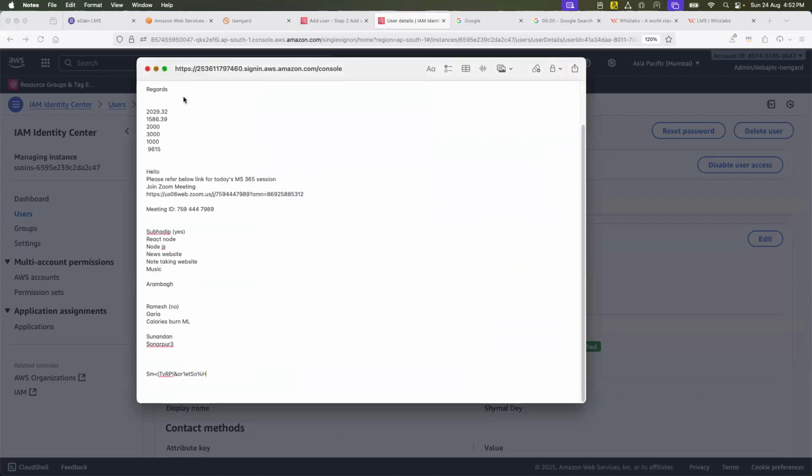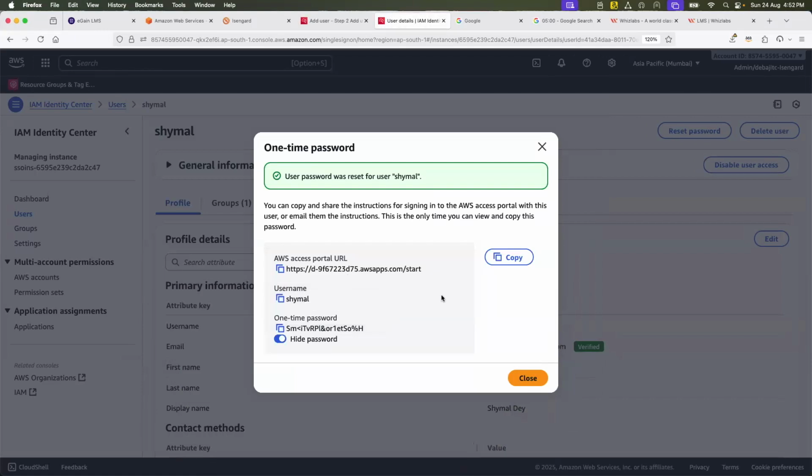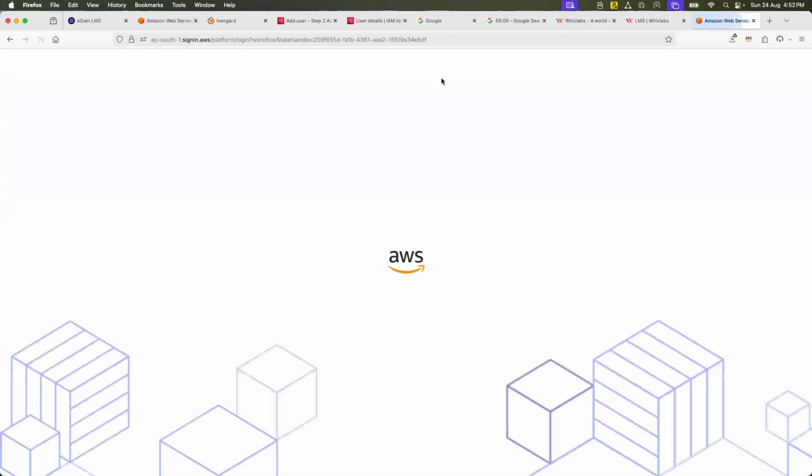And then I can also remember SAML is okay. To access this, all I need to do is share this link with SAML. All he has to do is copy this and put it in the browser.